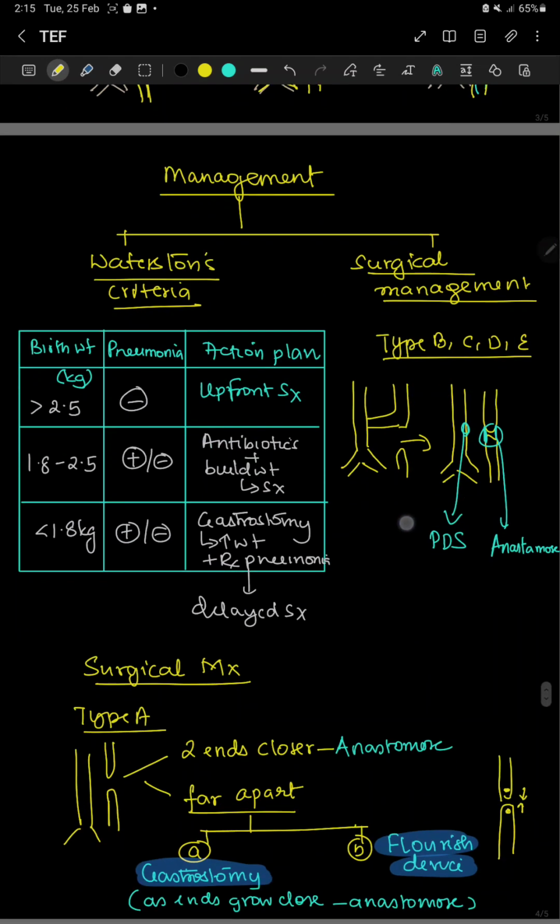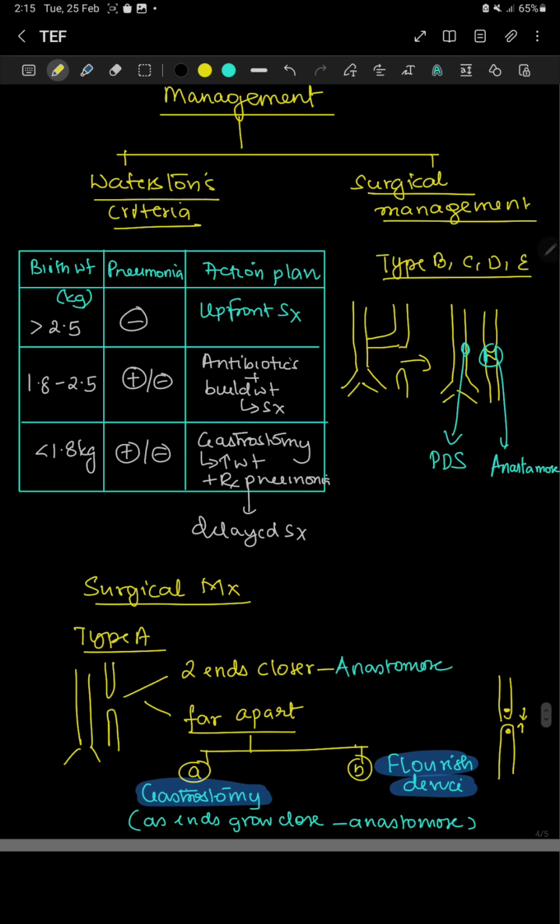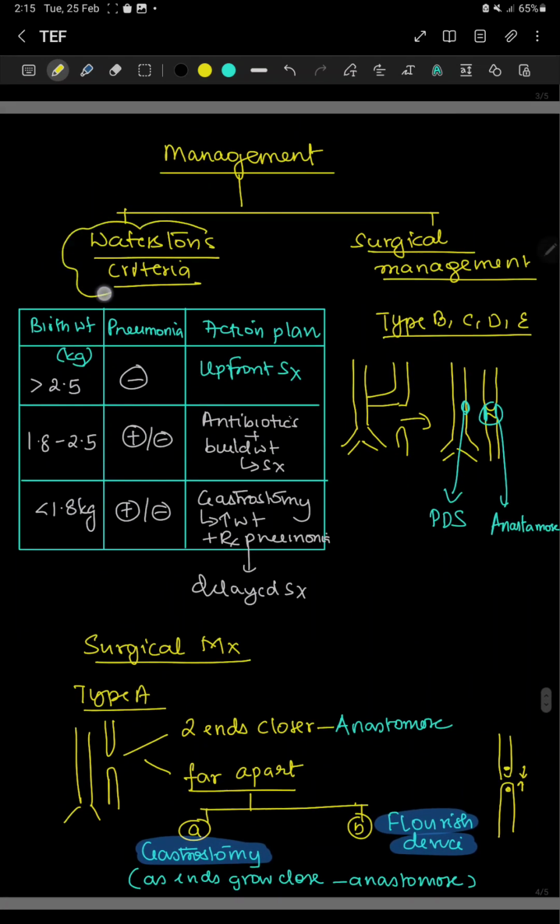Okay, coming to the management of the condition, that is TEF, it is based on a criteria which is known as Waterston's criteria. Waterston's criteria uses two important parameters, that is birth weight and pneumonia. So birth weight in kgs and pneumonia. Okay, and this is the action plan. If the child weighs more than 2.5 kg and there is no pneumonia, then you can directly go to the surgical treatment. Whereas if the child is between 1.8 to 2.5 kgs, then pneumonia may or may not